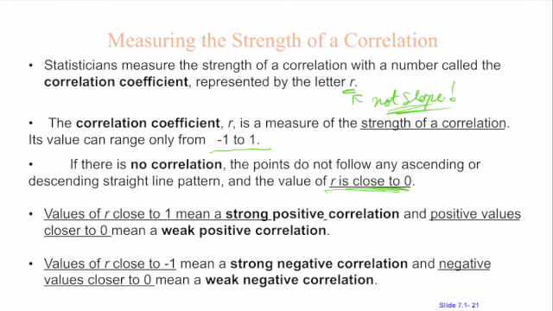Okay? Values close to 1 mean a strong positive correlation, and positive values closer to 0 mean a weak positive correlation. So that's like 0.3, 0.2. Strong would be 0.9, 0.75, because we could have 2 decimal places. Why not? Values that are close to -1 mean there's a strong negative correlation, and values closer to 0 mean a weak negative correlation. So like -0.1,